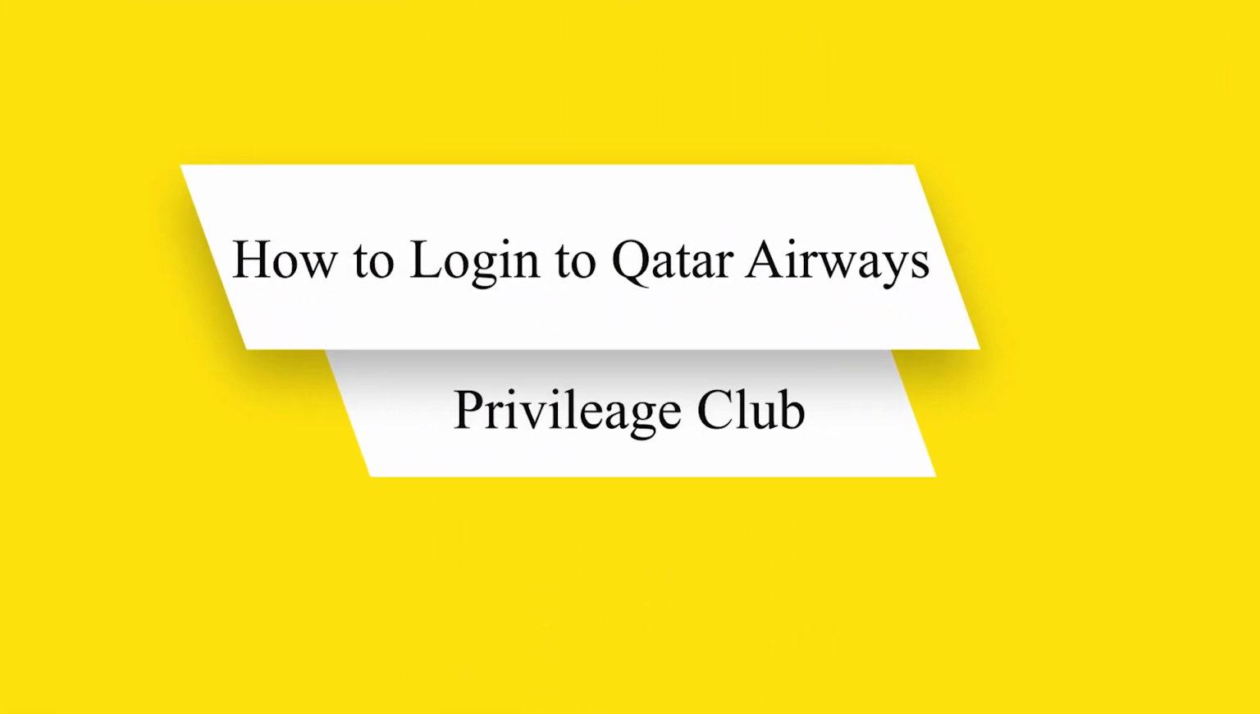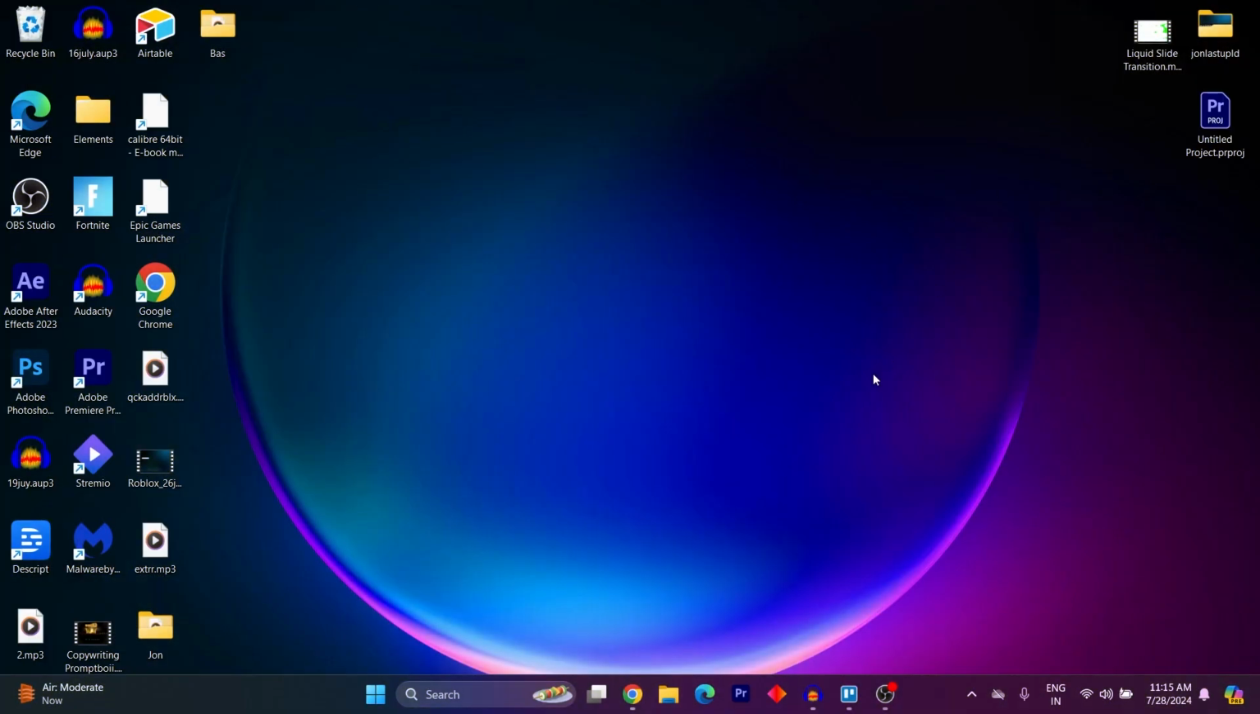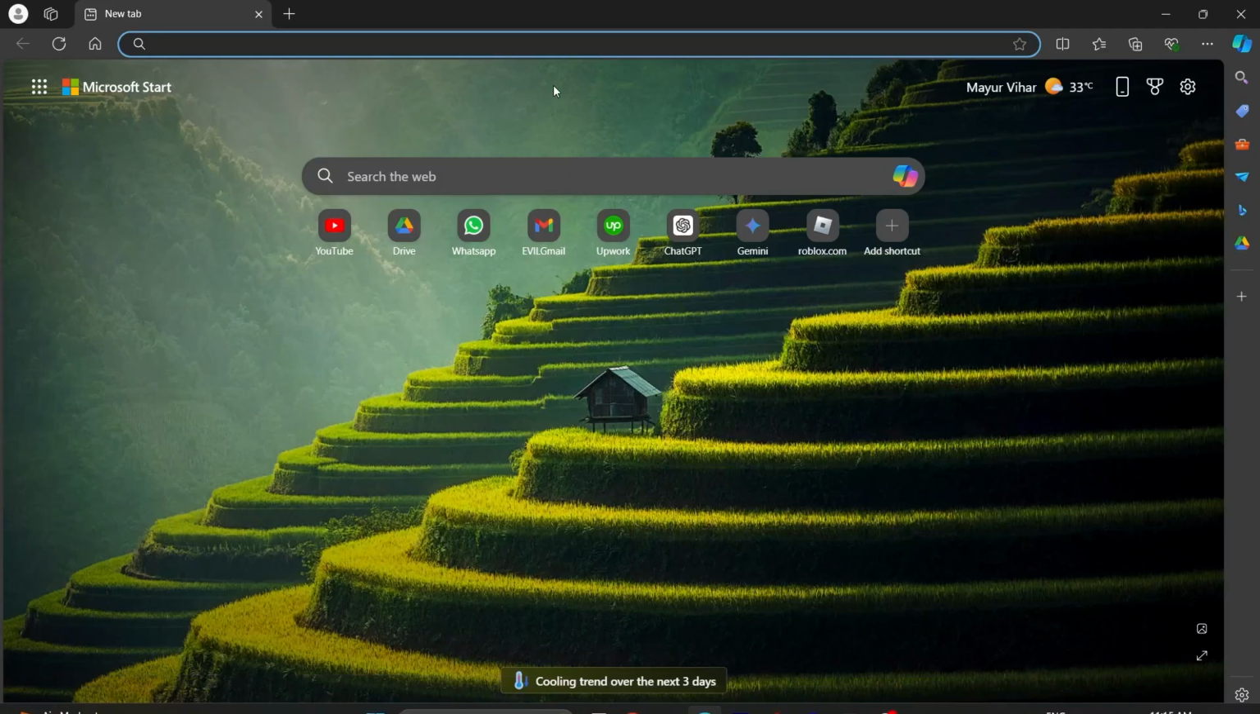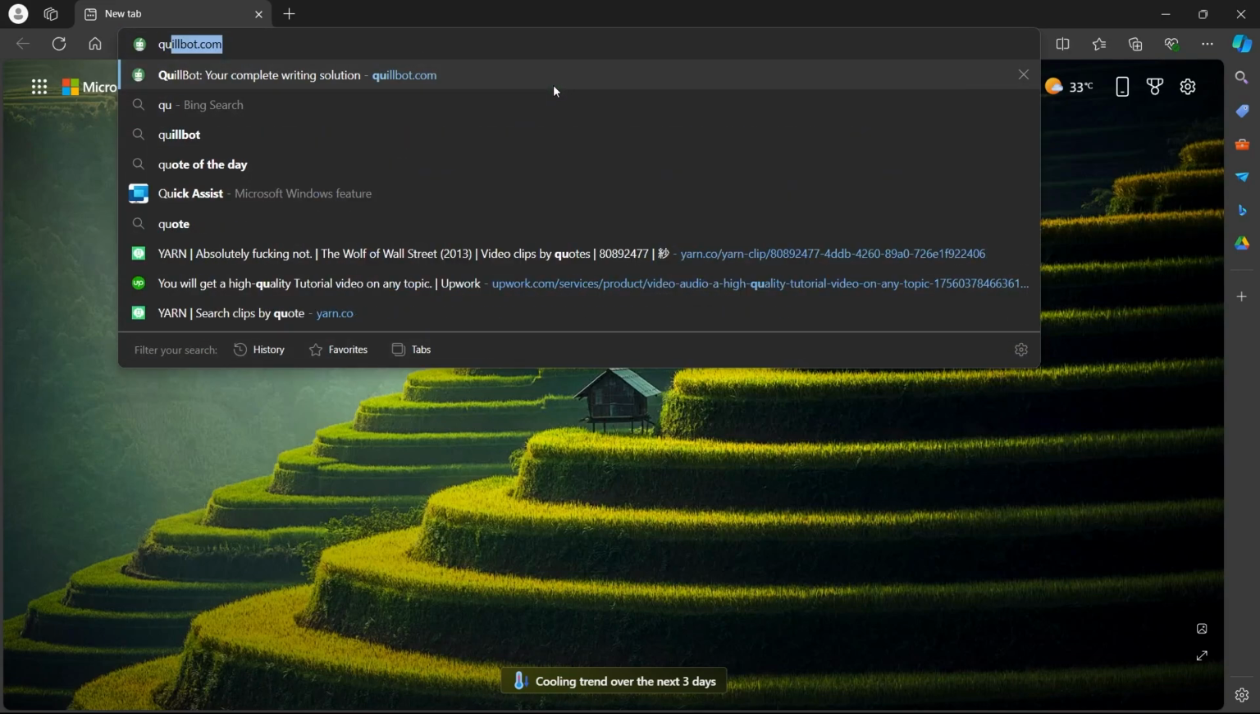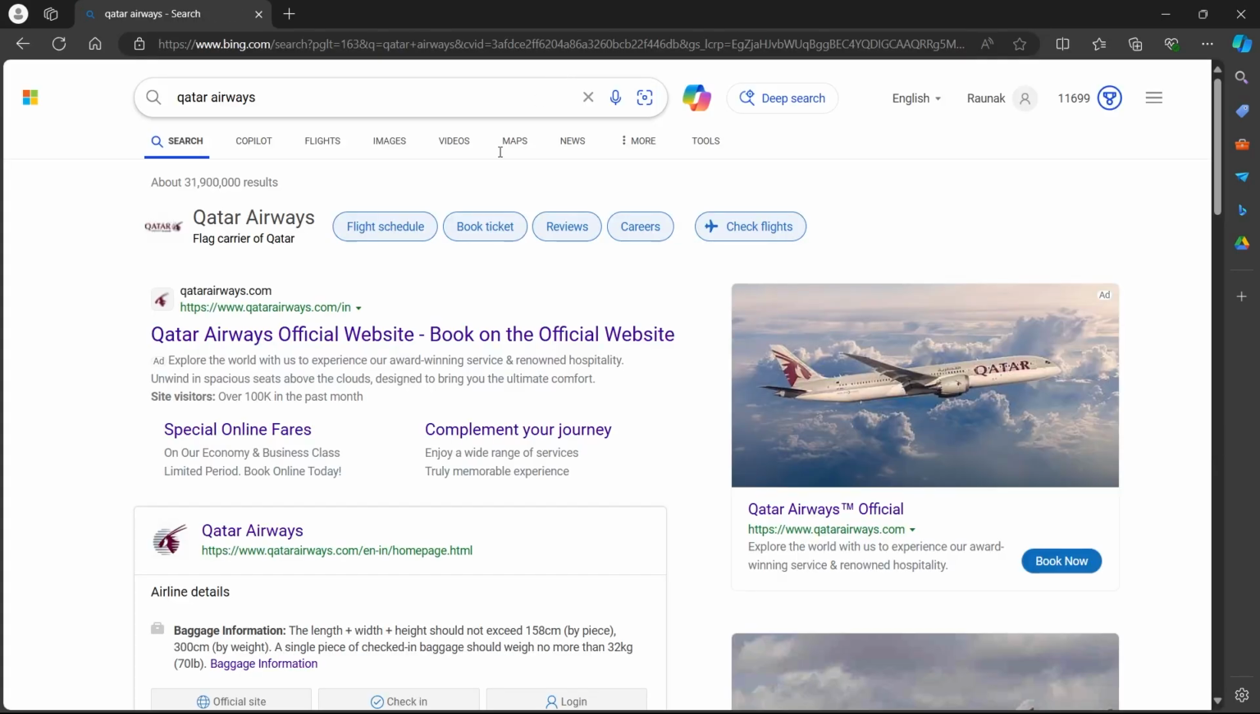Today I will show you how to log in to Qatar Airways Privilege Club. In order to do this, first of all, navigate to any browser on your PC. Go to the search bar, type in Qatar Airways, hit enter. Now select the first link that says